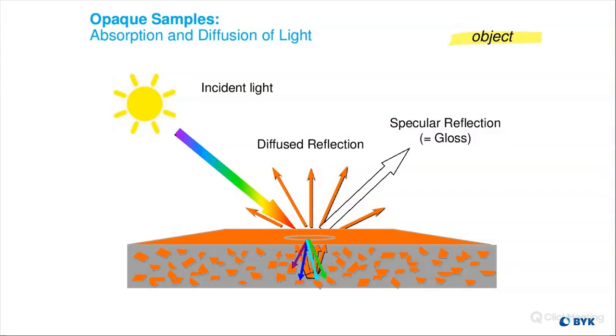Our purple, blue, yellows, and greens are getting absorbed into the sample using the selective pigments that are used in the formulation. And then we see a diffused reaction of the orange that's being scattered about, and that is what we see the object as, because that is the only color that was not absorbed in this case. And then if you see the specular reflection, your gloss, that's your pure white light that got reflected off of the surface. So that's a nice little overview of what's actually occurring on an object as that light's coming down.